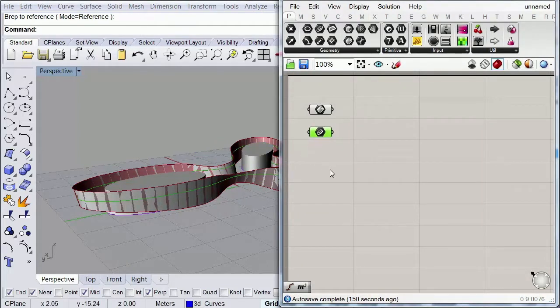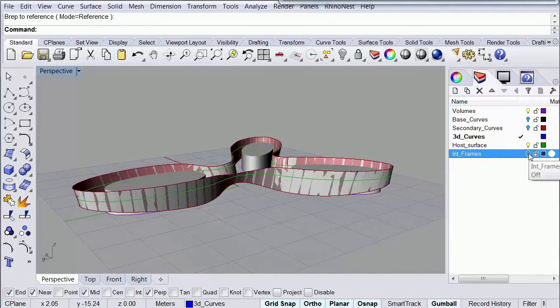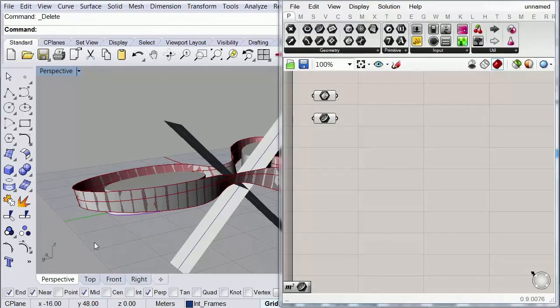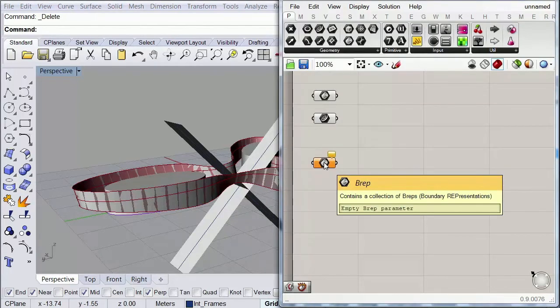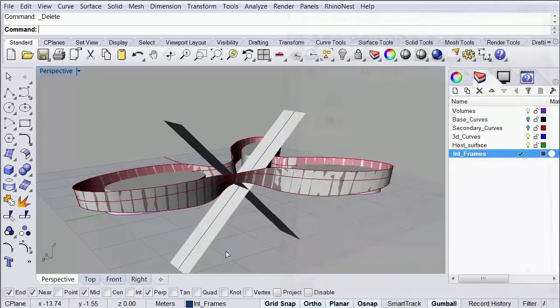And the last two parameters that we are going to reference are the couple of planes that we created over here. So to reference these planes, I'm going to call a couple of Brep parameters again. And I'm going to reference one by one. So I'm going to right click here, set one Brep.